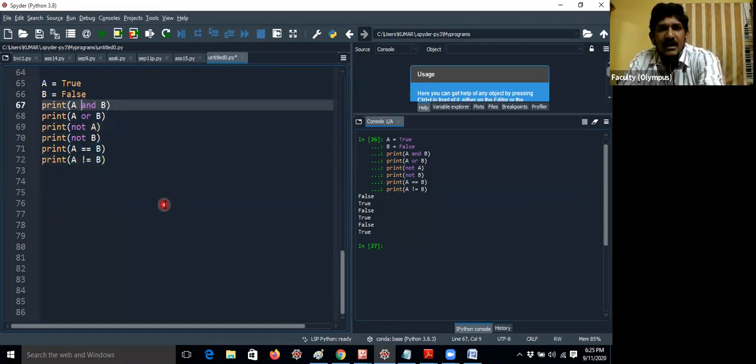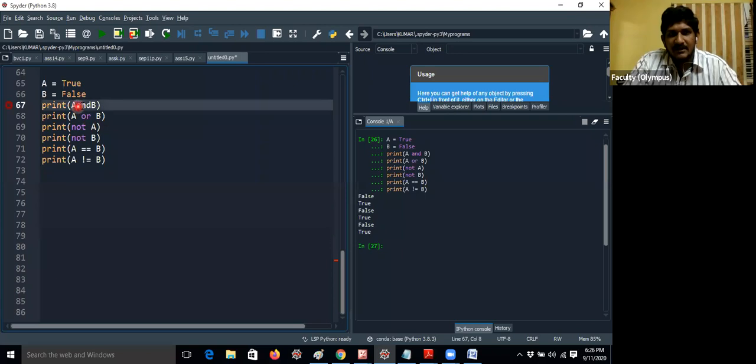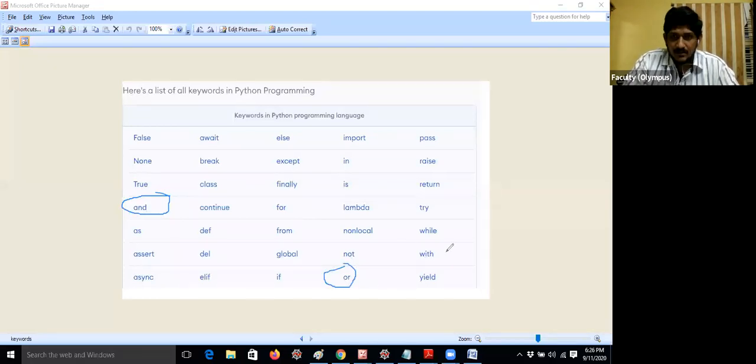Whenever you write A and B without spaces, it will give an error message, because and is an operator, and whenever you use an operator it should be meaningful. Here you have to know one thing, guys: and is a keyword in Python. Or is also a keyword in Python. Let me give not.